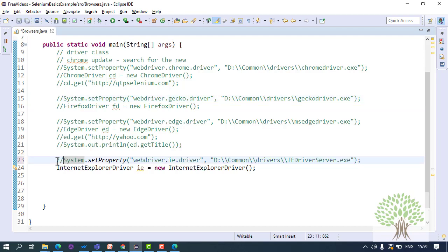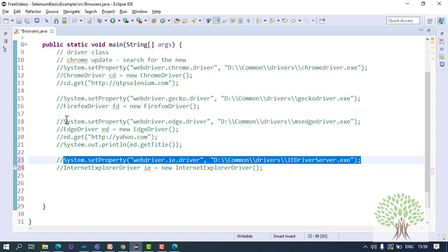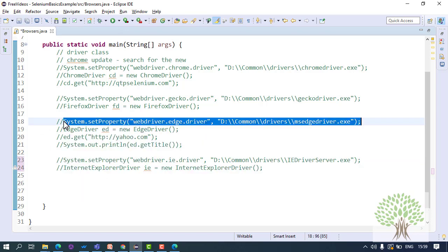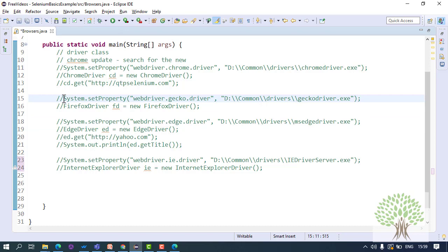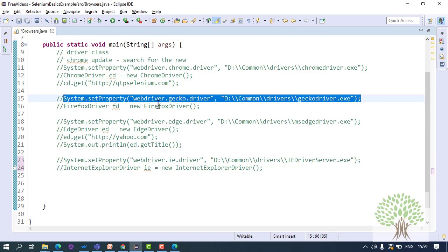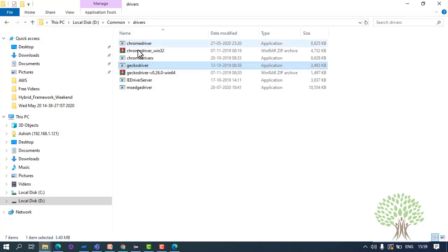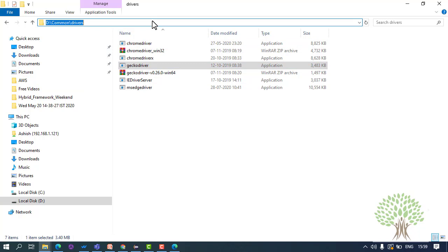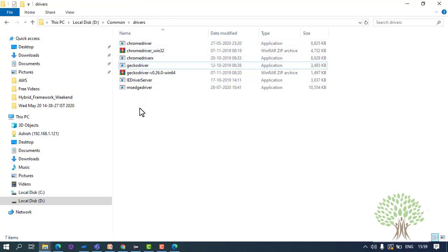Now the thing is, these exe files require this line to be written every time. You can get rid of this line, that is System.setProperty, by keeping all the exes in one folder the way I have kept it. Copy the path of the folder and set it in the system path.